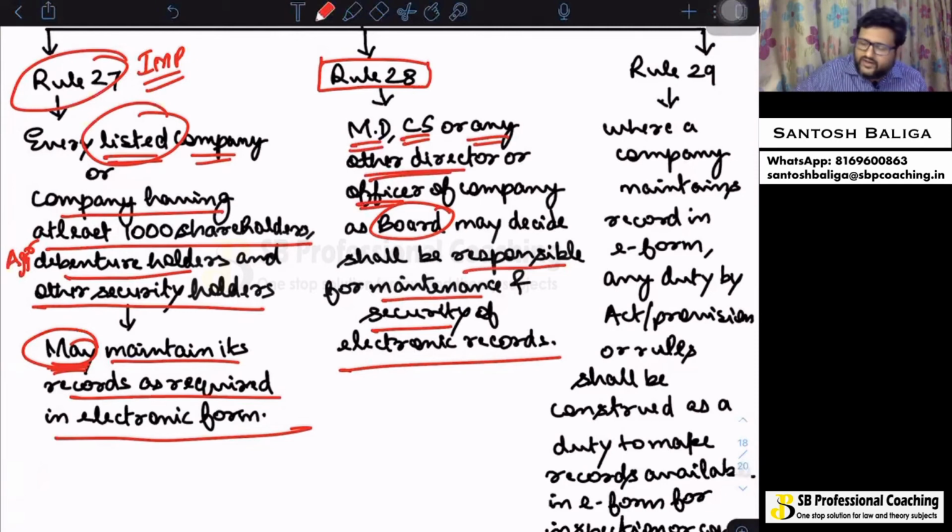Finally, Rule 29 speaks about where a company maintains a record in e-form, that is electronic form. If a company is maintaining its records in electronic form, then any duty given by the Act or rules shall be deemed to be the duty for maintenance of electronic records also.